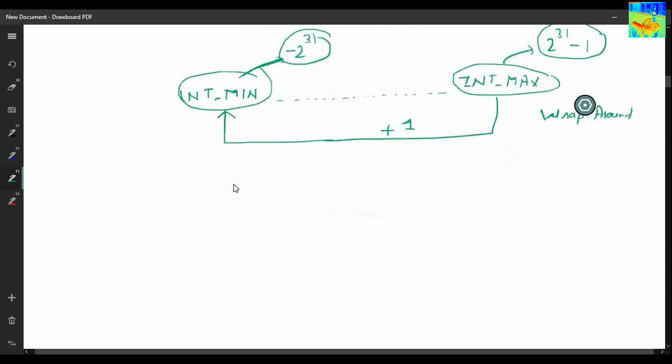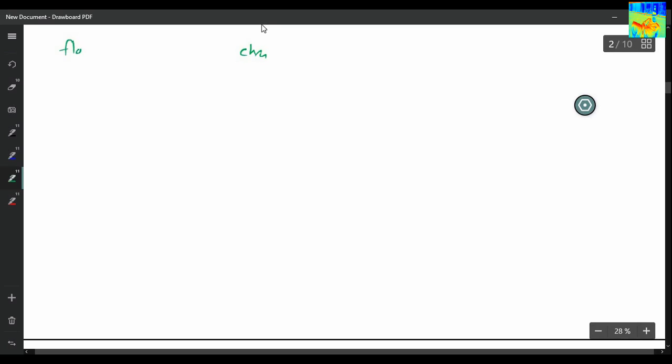Okay, so now let us talk about explicit typecasting. Implicit typecasting is done automatically. We are not doing anything, it is done automatically by the compiler. So I told you, remember this: float, then you have integers, then you have characters, and then you have bool. So from lower to upper, this is called implicit typecasting because these type conversions are done automatically by the compiler.